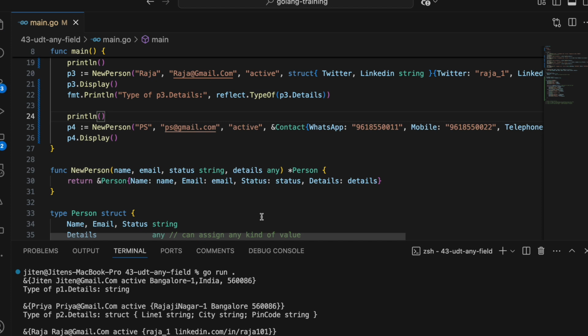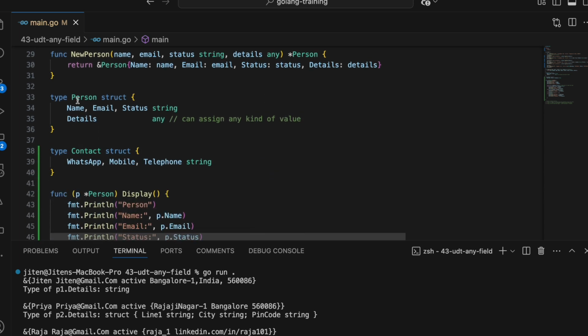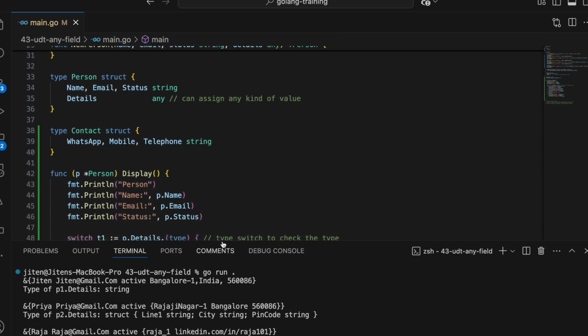The screen may not be sufficient to display all the things, but yeah. Okay. Now